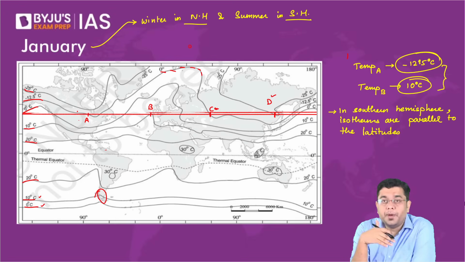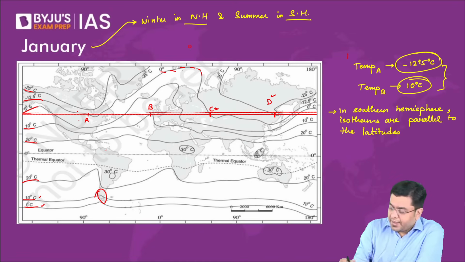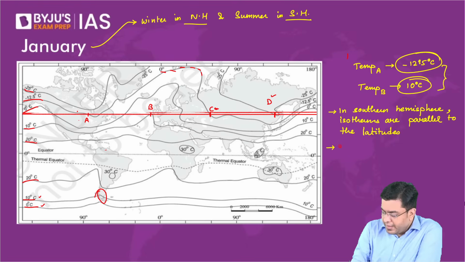Because the water is warmer. So to experience a similar temperature over land, you need to go much higher up compared to the water body, isn't it? So that will be your second conclusion: in winter, isotherms bend polewards